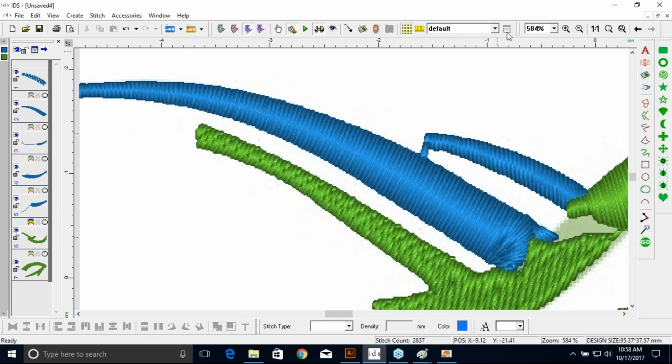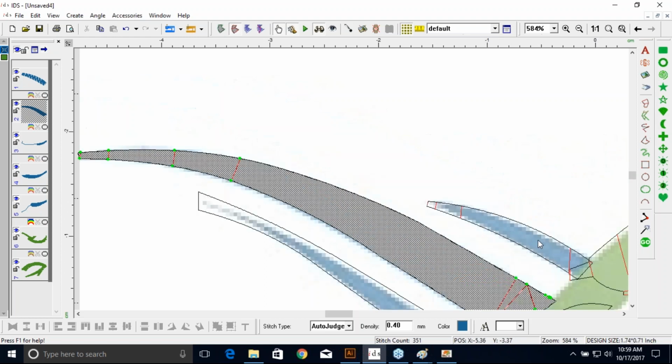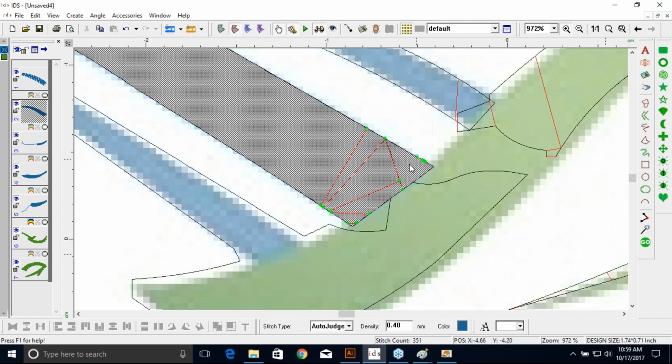So you can see that this one, we've got all these crazy stitches, and I believe it's because the segment before was a little bit crazy. So this happens a lot of times. I get a lot of questions on this. I'm trying to change these angles and they're not changing and I can't delete them and things like that. Now, this is a whole other section, but one thing to remedy this, especially on something like this, is that